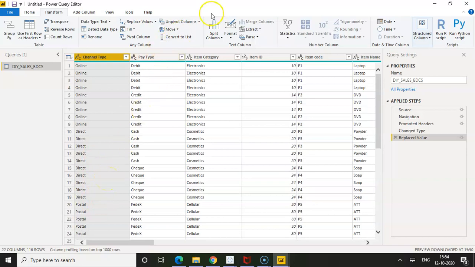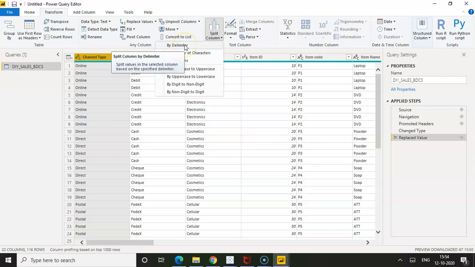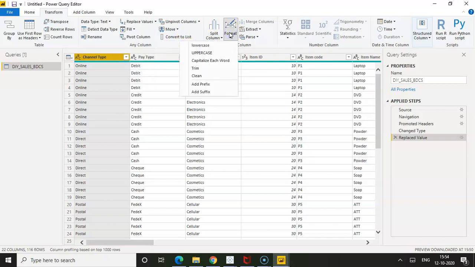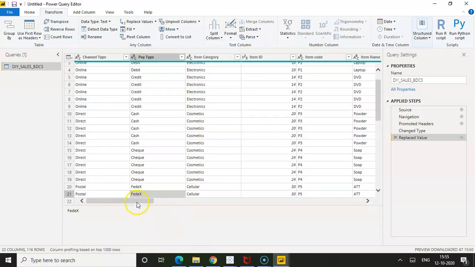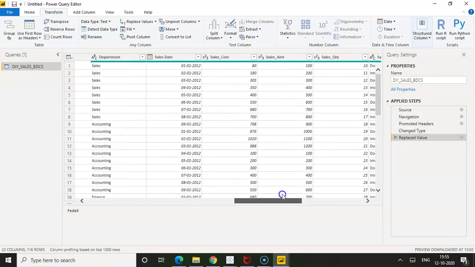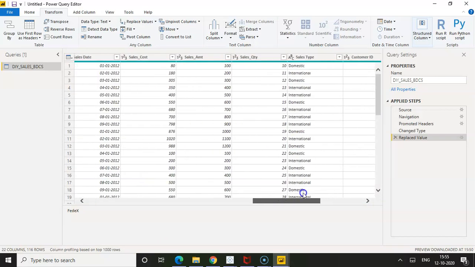You have various options like that. You can convert to list, split columns based on a delimiter or character, change from uppercase to lowercase or lowercase to uppercase, or trim the value and clean up the value. Whatever changes we want to make on our original data source before taking it to the actual development stage, you can do using this transform data option.